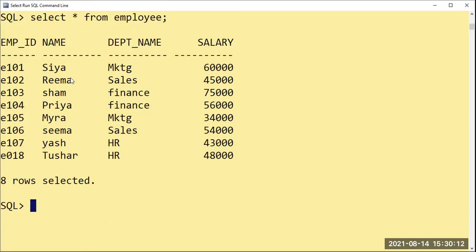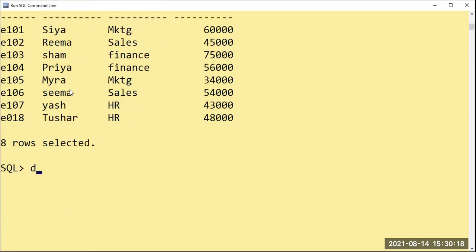Now I want to delete the employees who are working in the finance department. So what I do here, delete from employee, delete from table name, where all records I will delete those who are working in the HR department. I don't know which employees are there, I'm not interested in that.